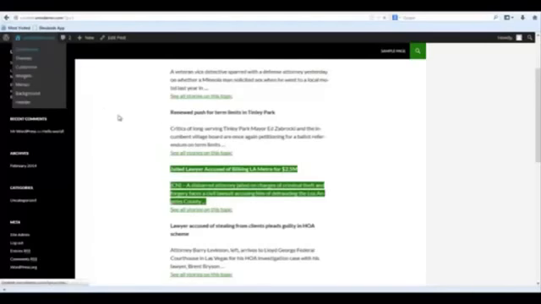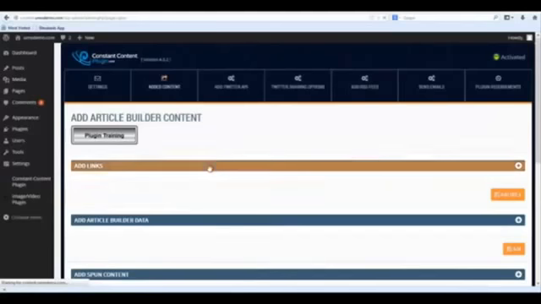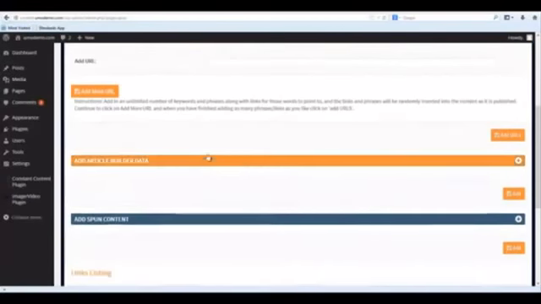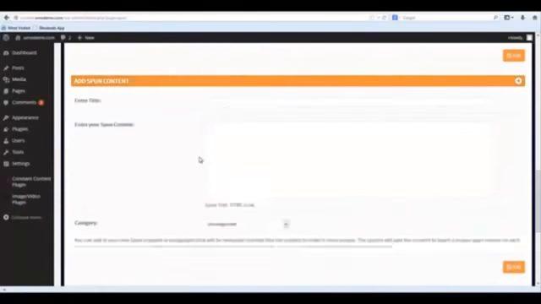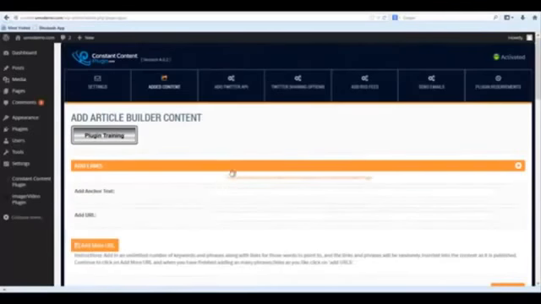I'll go back to our dashboard here. Let me show you that one. What I can do is add in additional content. So added content, I can make my own comments here. I can draw in automated comments. I can have links with keywords and anchor text that rotate through. I can bring in specific paragraphs with content. I can add in my own spun content so it automatically rotates any content through the system. So I can add my own voice to this system on an ongoing basis, regular additions to the curation style of the content, and really make this unique. And that's what Google